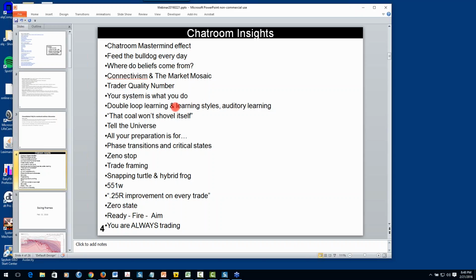Brain mode power can help on that one. And it has a lot to do with getting your mind state right and having a routine process for doing the daily, weekly, monthly after action reviews that get you into the learning mode. The quote, "that coal won't shovel itself,"